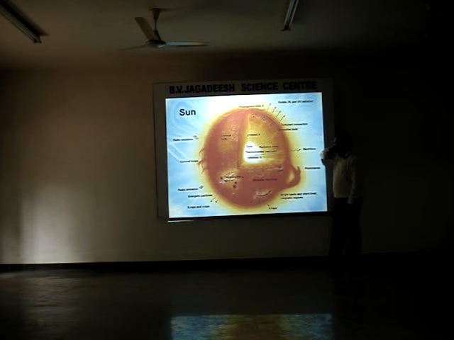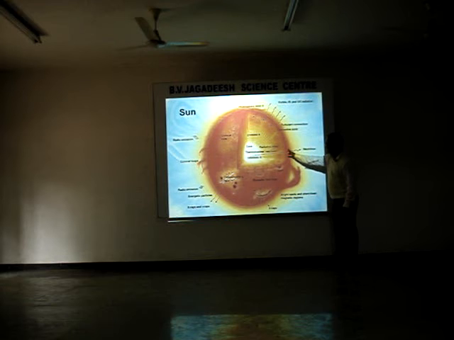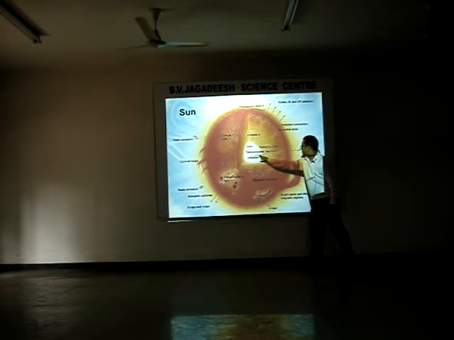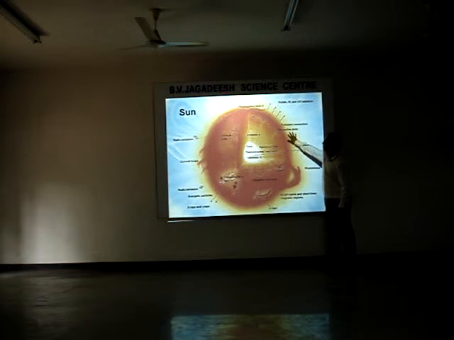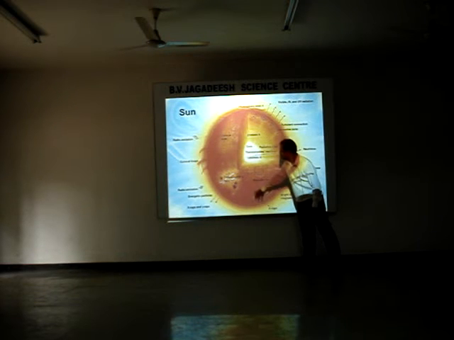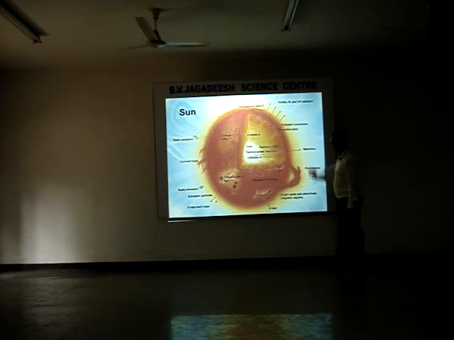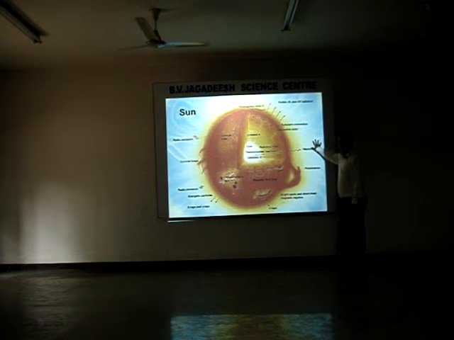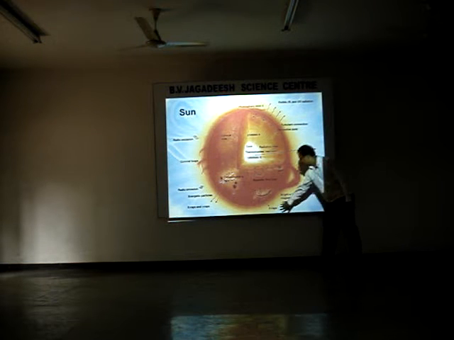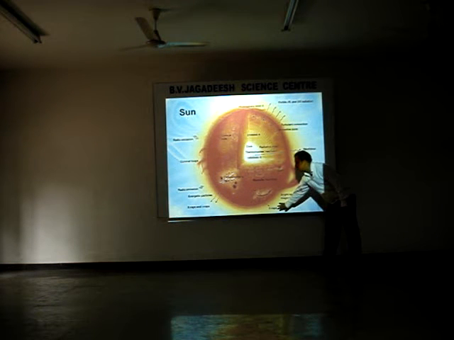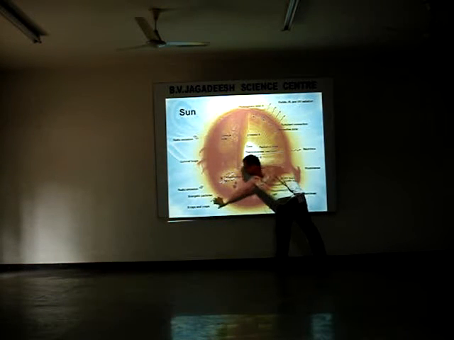And as you come out, each layer, the convection zones, then the coronal holes, the chromosphere, even outside the corona. See, there are lots of different rays. There are X-rays being emitted, there is EMF